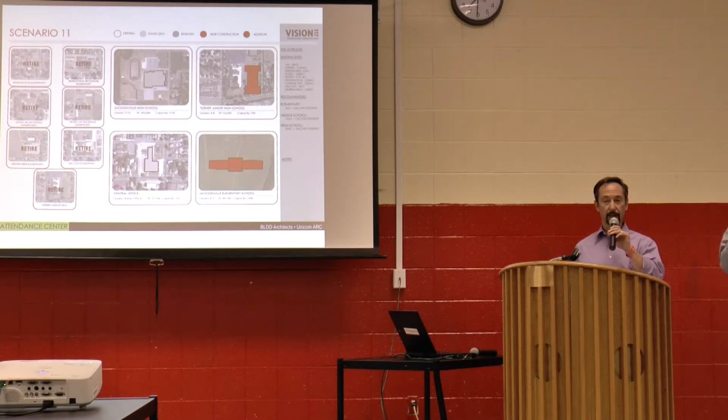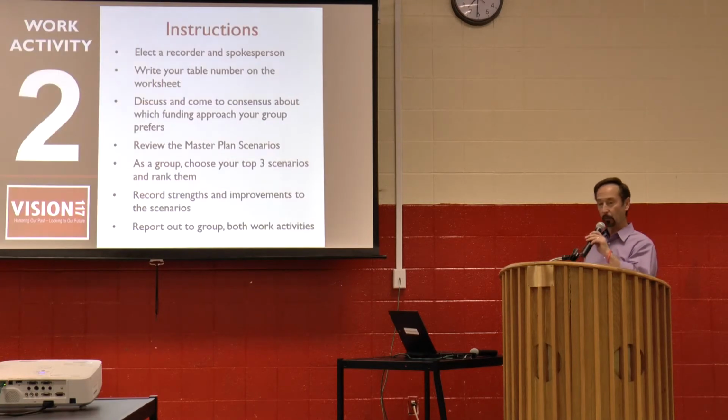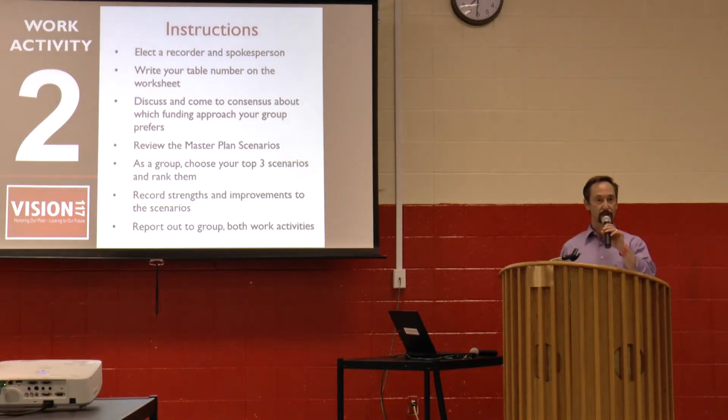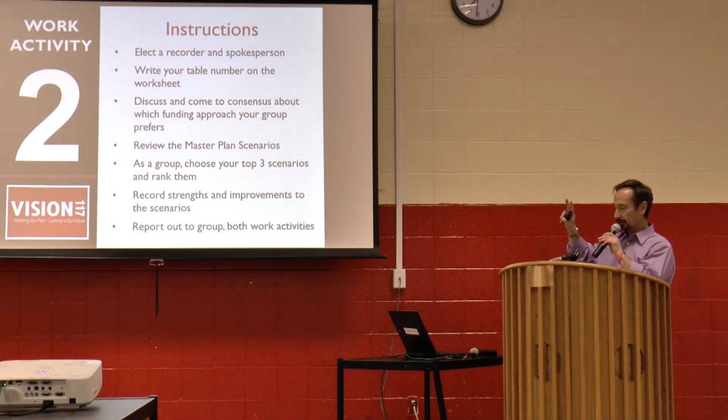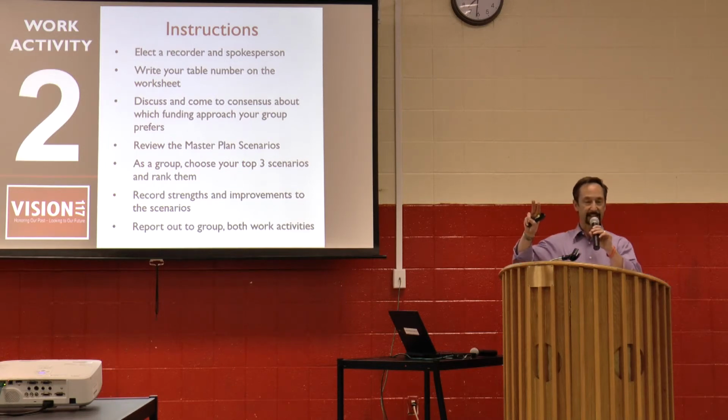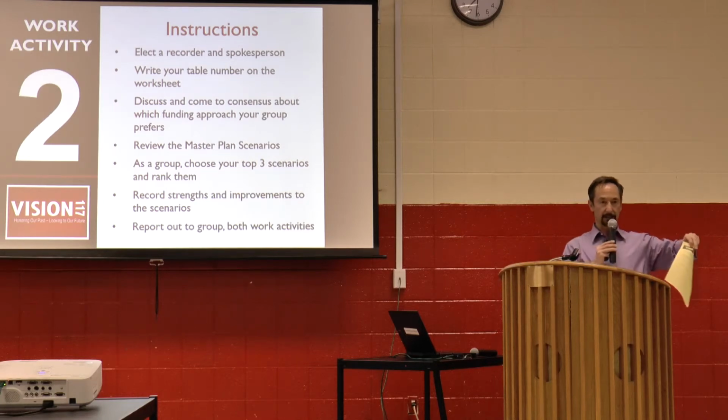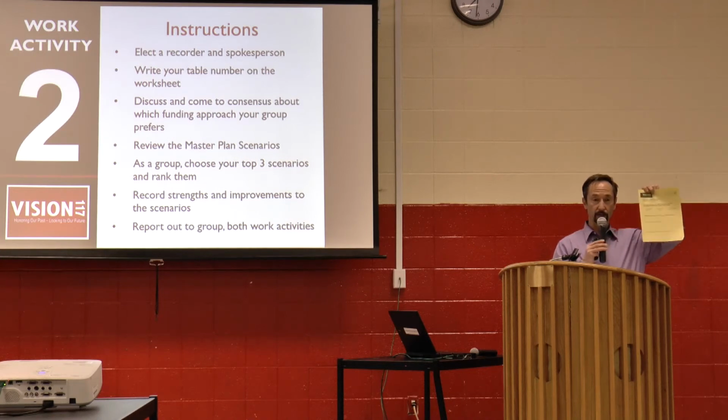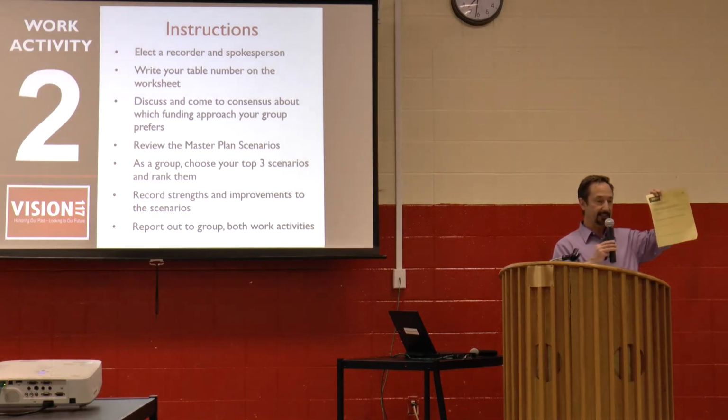As you can imagine, going through this is going to take a fair amount of work. So we went through that fairly quickly because we want to leave as much time for you as possible. So here are the instructions. There are 2 things that we want you to do with this information. The first is we want you to look at the funding options that the superintendent discussed. We have a sheet. It looks like this. The yellow one is the one we want to collect. You have other sheets that are white that you can do your work on, but we want you to record your official results on this one. We'll collect that at the end of the evening.